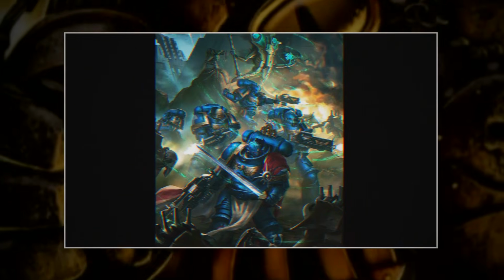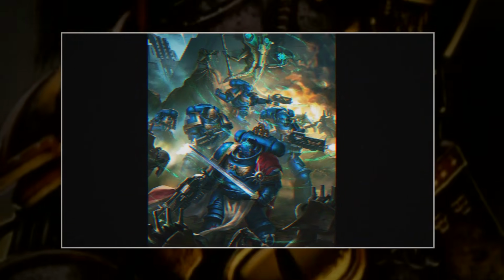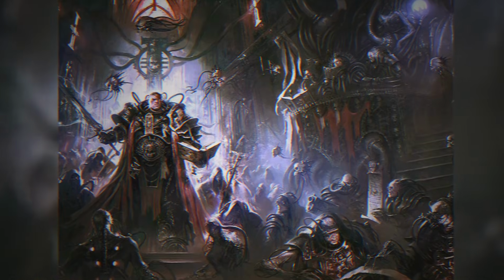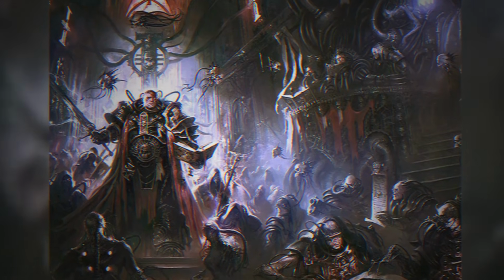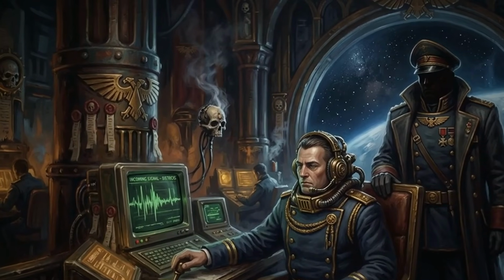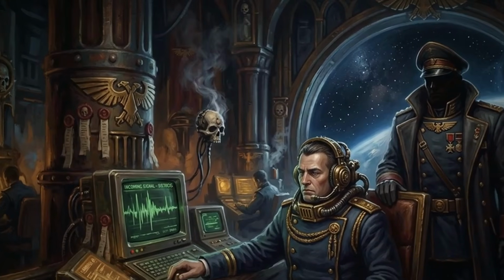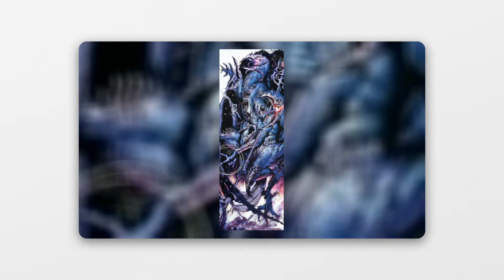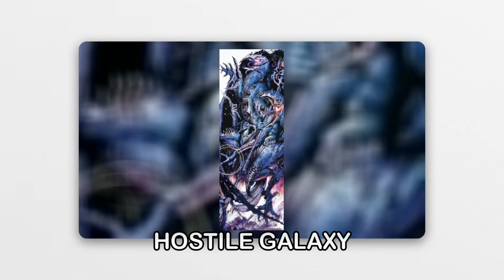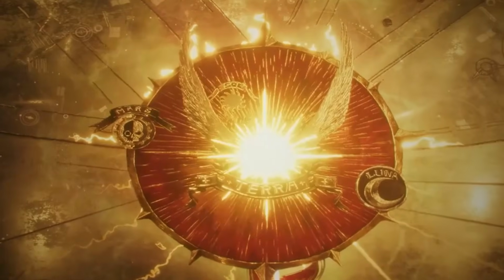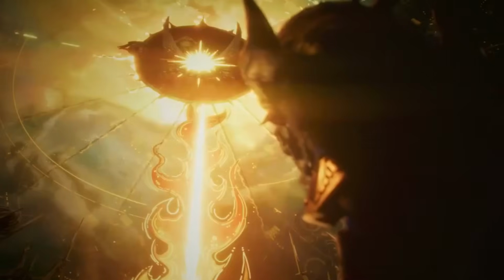The initial momentum of the Great Crusade, the ambitious expansion and unification of humanity, was irrevocably lost. The Imperium, scarred by civil war and crippled by internal strife, shifted from an aggressive, expansionist power to a largely defensive one. Its vast military, though still formidable, was now primarily occupied with reacting to threats rather than proactively expanding its borders. The galaxy, once seemingly within humanity's grasp, became a dangerous and hostile place, teeming with Xenos empires, insidious chaos cults, and internal rebellions. The Imperium, once a beacon of hope and progress, became a besieged fortress, constantly fighting for its very survival.